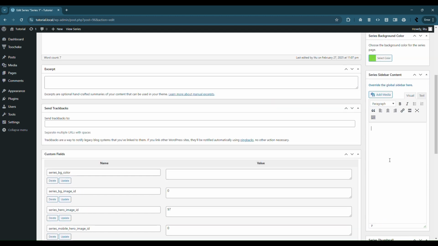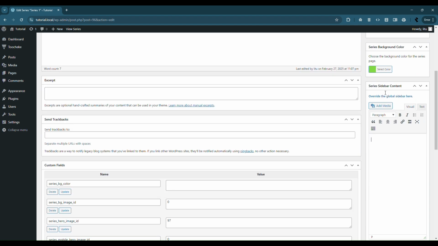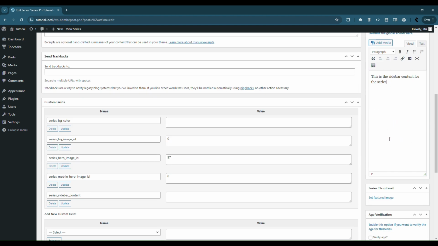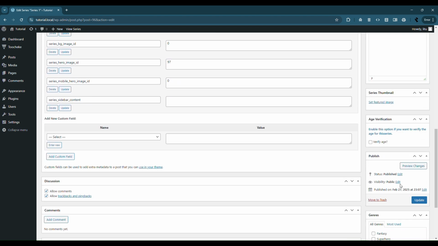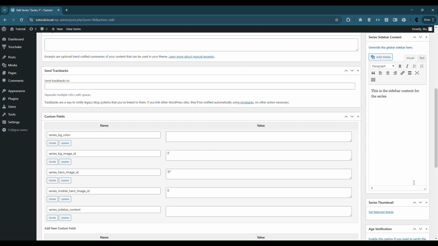For the series sidebar content, you can... to check, it provides you with a sidebar on every page depending on the layout you're using. So let's go ahead and just add in some custom content. Let's say this is the sidebar content for the series. Okay, and then the only other thing that you would add is